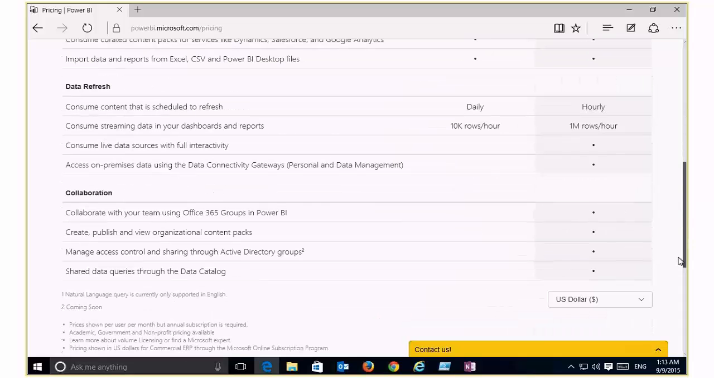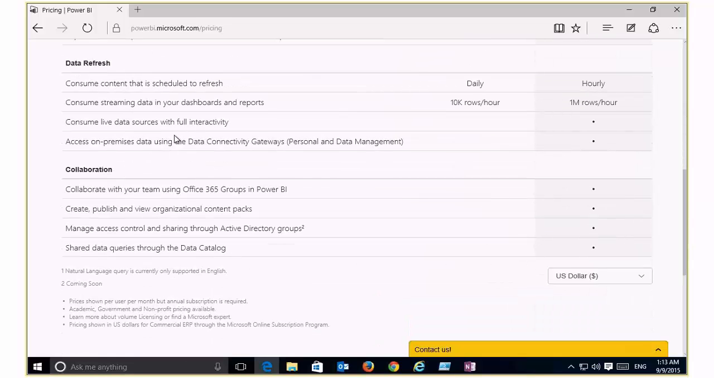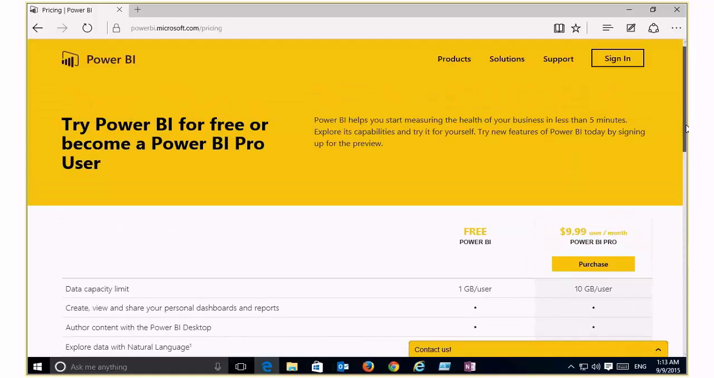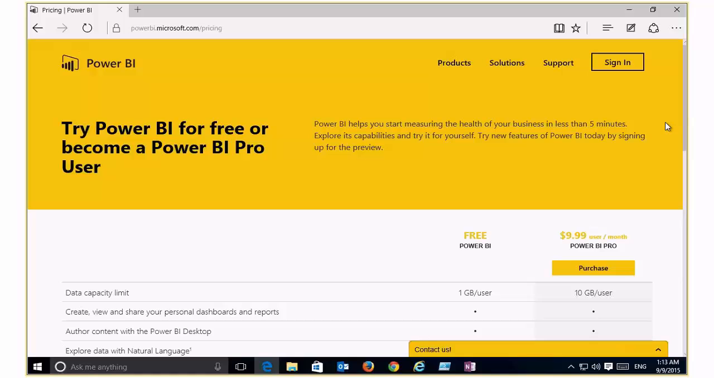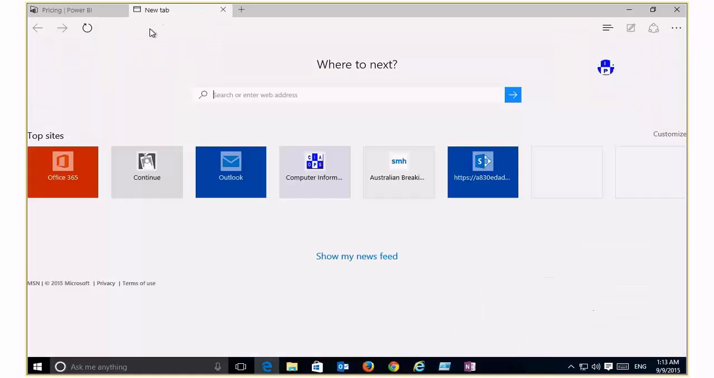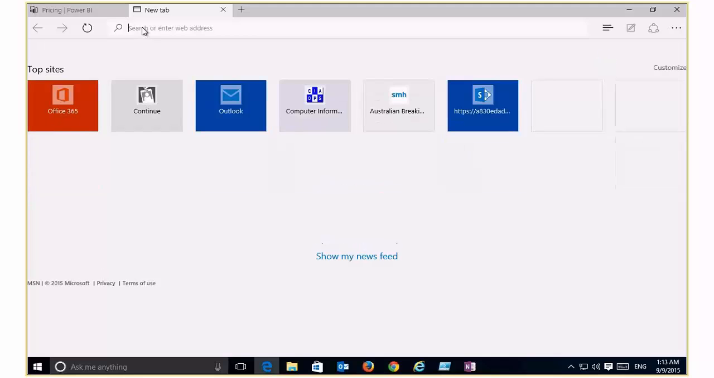Where we start to see variation is typically around data refresh. So the data refresh on the free version is only daily, whereas hourly for the paid version. 10,000 rows per hour versus 1,000,000 rows, and a number of additional features there. But the important thing to remember here is that Power BI is a free add-on, or freely available basically to any person here. So if I now go in to my Office 365, so if I log in to my Office 365,